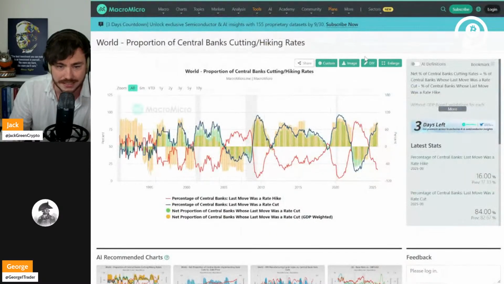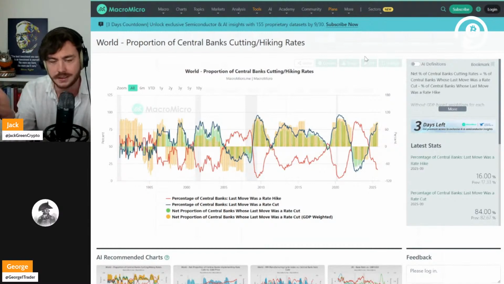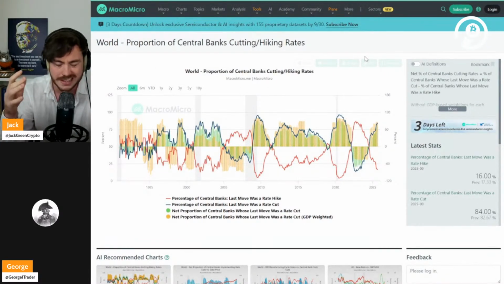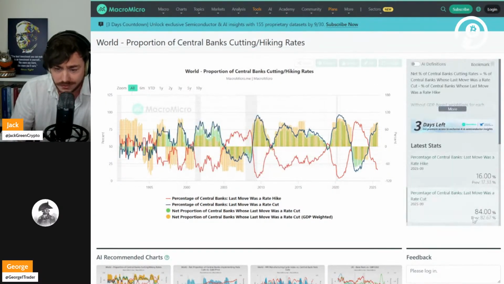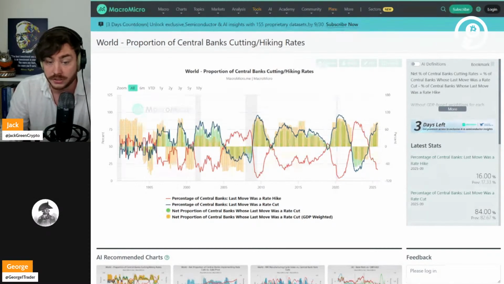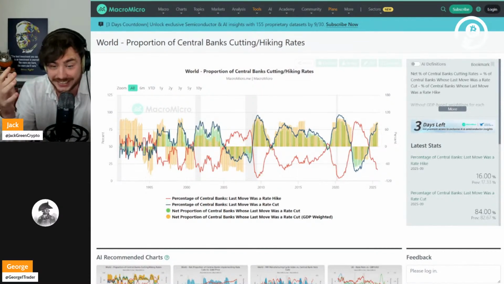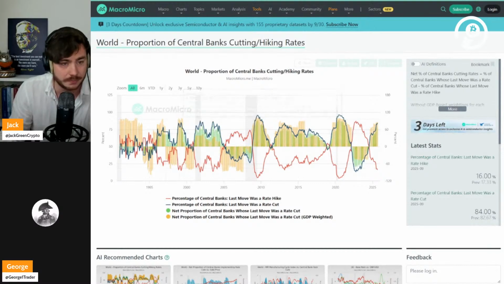Another thing about interest rates is, I always talk about the US, and like I said before, the US is the global financial power. So if you want to make financial decisions, it's always best to look at the US, but the US is not the only country in the world. So this is the proportion of central banks cutting and hiking rates all over the world. And if you see here, 84% of central banks all around the world are in a rate cutting cycle. So this is a worldwide phenomenon. It's good. The whole world is cutting rates, which should be good for Bitcoin because it's also a global asset. So interest rates, pretty bullish.